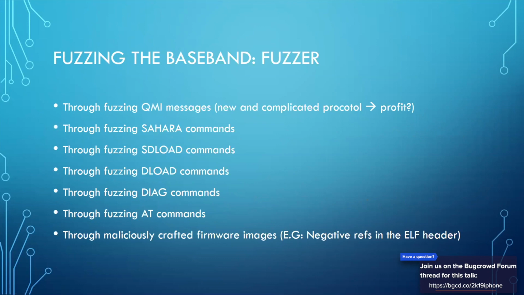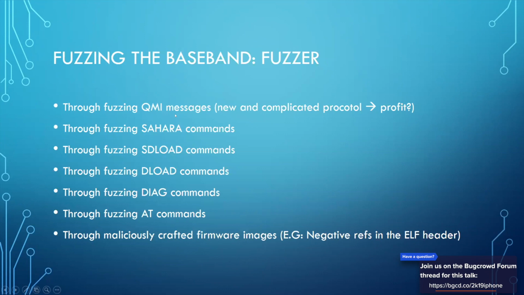So building the fuzzer is quite a challenge, and I'm still working on one because it takes a lot of effort to effectively fuzz all protocols, and these protocols can be very complicated. But these are protocols used by QUALCOMM that you can use for fuzzing. The QMI protocol is pretty extended, and it's a new and complicated protocol, but new and complicated also means that, yeah, there might be bugs there. So this is probably the most profitable protocol when you want to fuzz baseband from QUALCOMM.